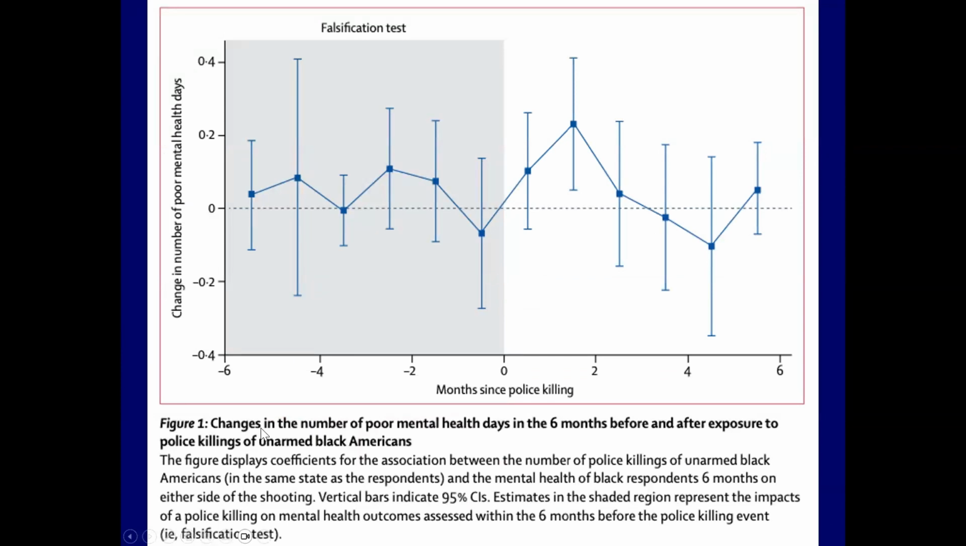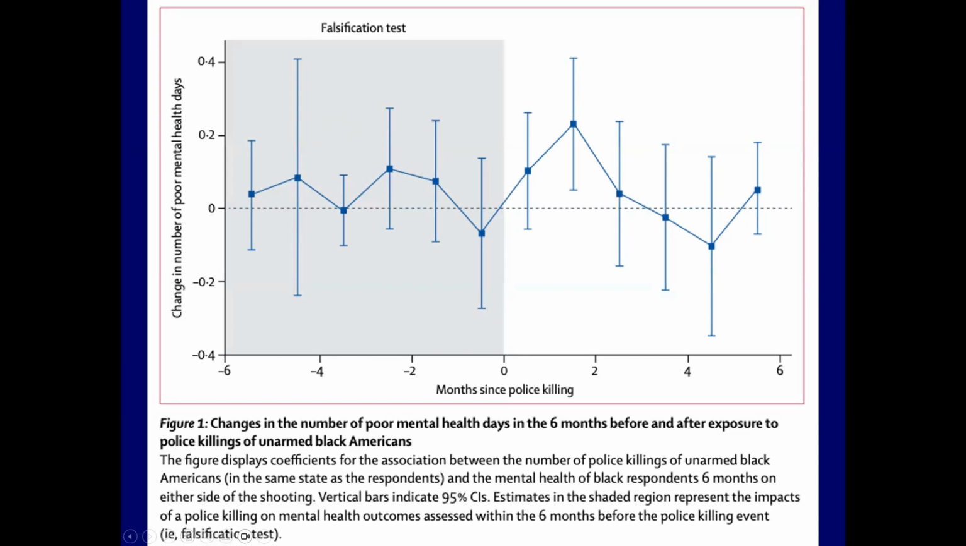So in this figure that Dr. Bro presented, the changes in the number of poor mental health days in the 6 months before and after exposure to the police killing of unarmed Black Americans. This figure displays coefficient associations with their 95% confidence intervals. The reason for presenting 6 months before the police killing is to establish a negative control to see if there are any falsification